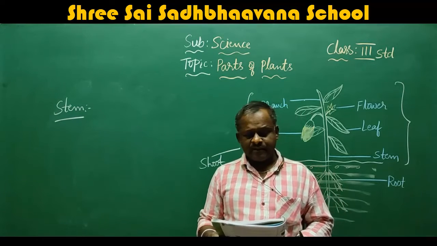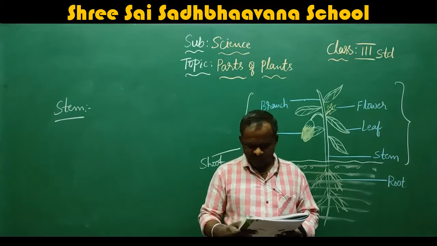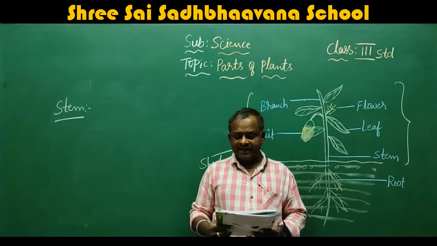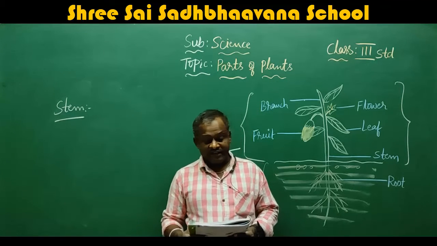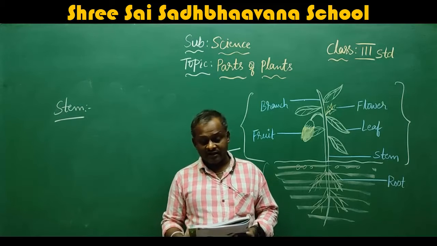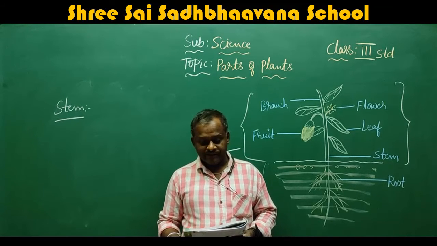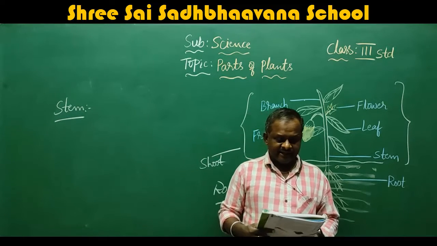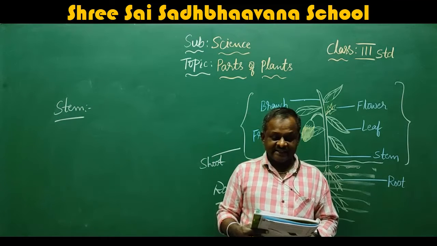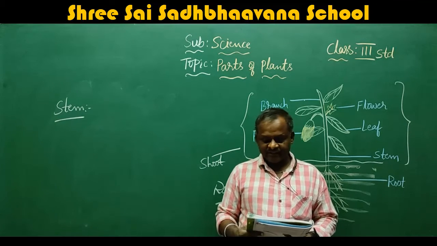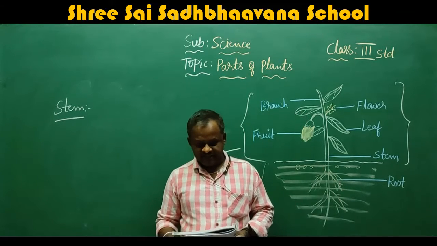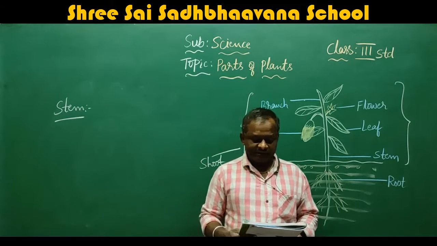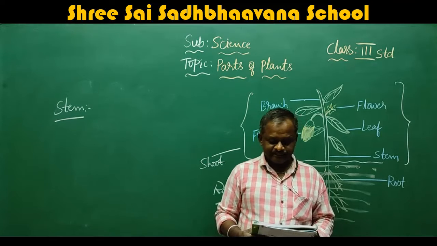The stem grows above the ground. I am reading, just you observe. It holds the plant upright and supports its branches. The stem of the neem and coconut trees is hard, strong and woody. They keep the trees upright. Such a type of stem is known as a trunk. The stem of the money plant is soft, green and weak. It cannot stay upright without the support of another tree.